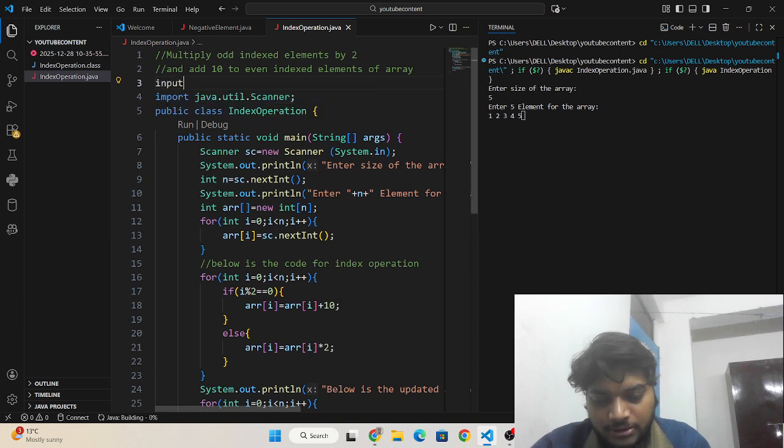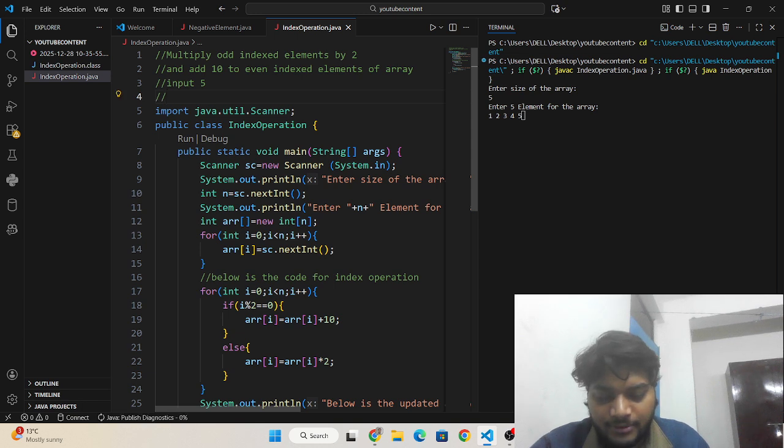Okay, you can see, bro, here I need to write the input size, the size of the array. Here, the elements of the array: 1 2 3 4 5.